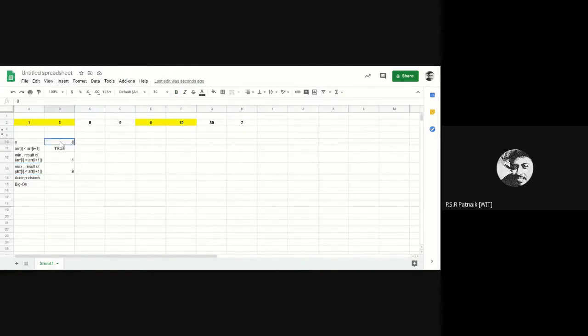So if I have n equal to 8, how many pairs will I get? N is 8. How many pairs am I getting? 1, 2, 3, and 4. So 4 pairs. If I have n is 10, how many pairs will I get? 5. N is 50. How many pairs? n by 2, so I would be getting 25 pairs.